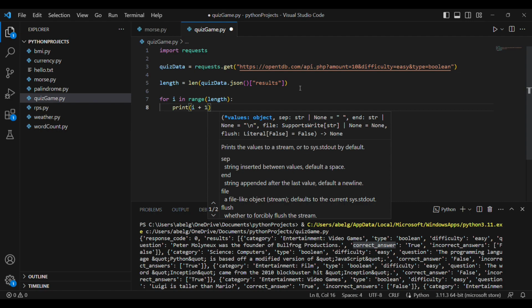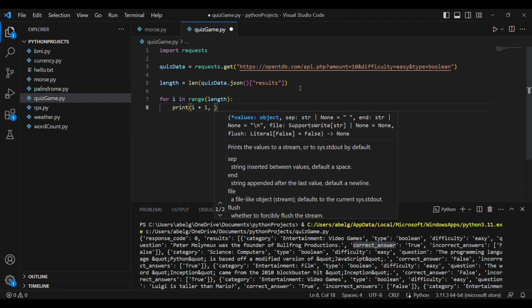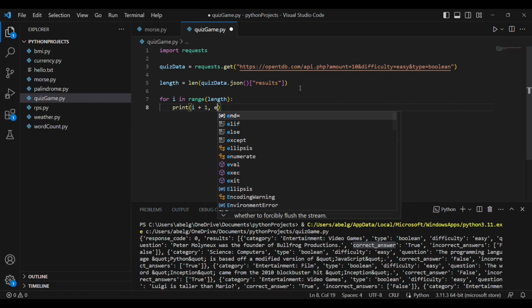Then we're going to use the end parameter for print. What the end parameter does is change the default value for end. The default value for end of a print statement is a new line. That means after we print something, the print function is going to end with a new line. So if we print hello world, then it's going to end with a new line. If we want to change it to something else, we can, using the second parameter.